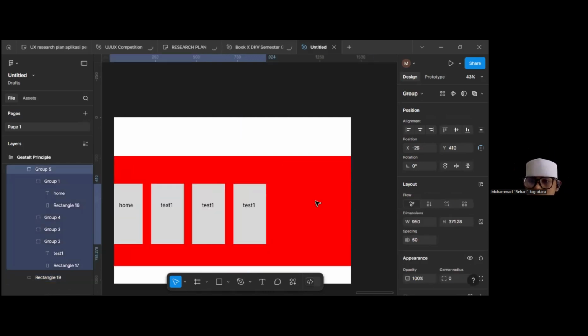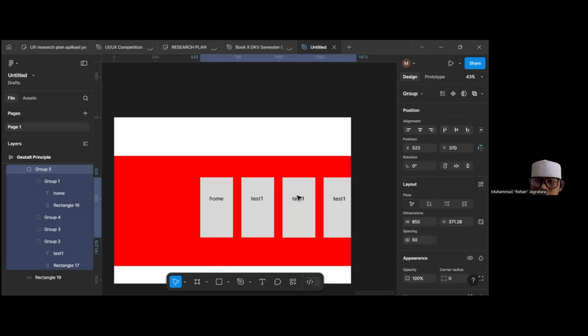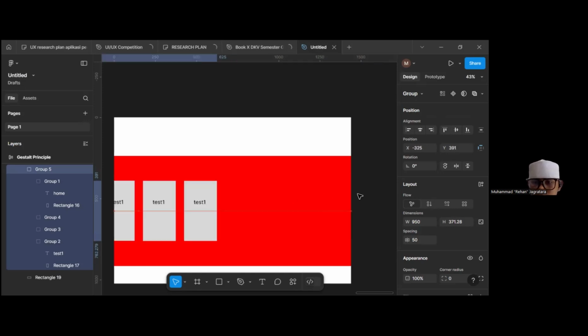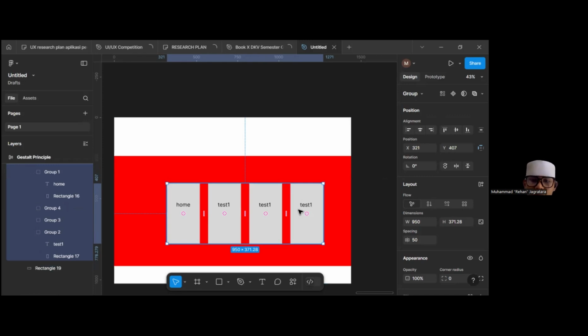It is usually used for photos or sparkles. We move it and this is for the same direction.